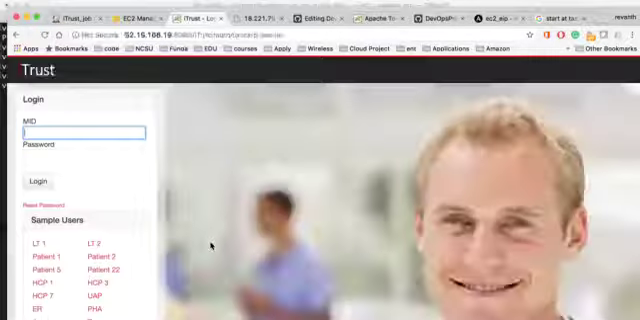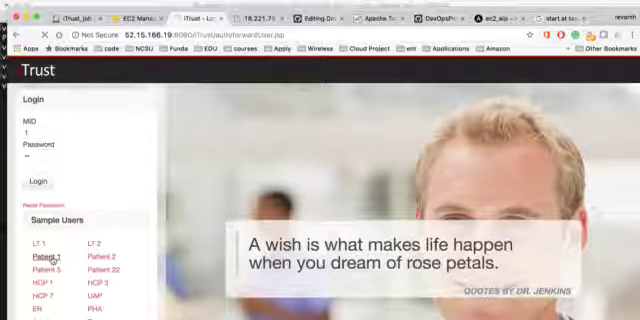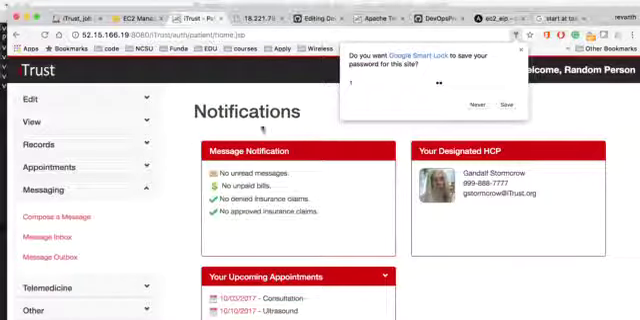So we can just try it out with a particular default sample user login, and yes,